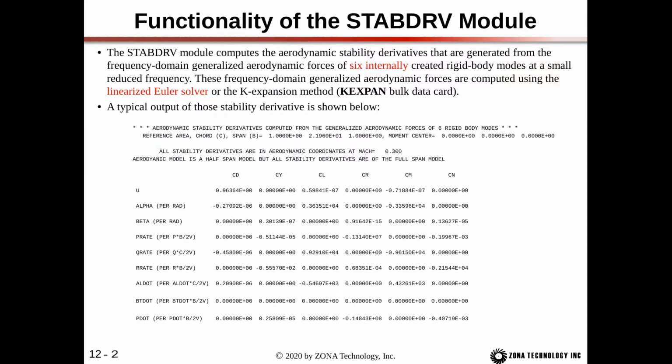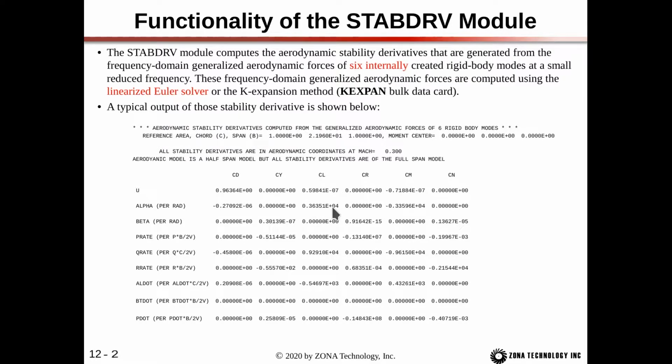And a typical output of these stability derivatives is as shown here. So this is a copy of the output file from ZEUS. We can see that ZEUS prints out the reference area, chord, and span, and the moment center, which it uses to compute the coefficients. Then we print out the Mach number, and then finally we have the coefficients printed out here. So for example, CL alpha here per radian is, wow,